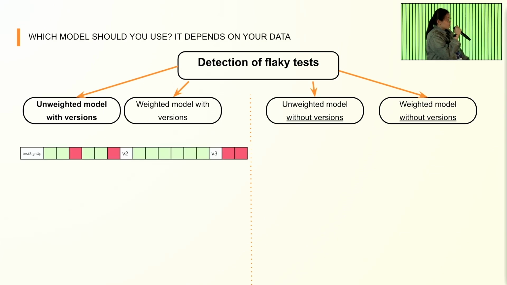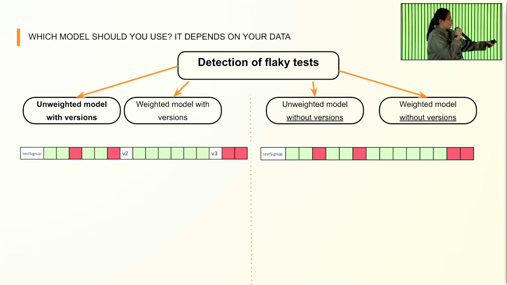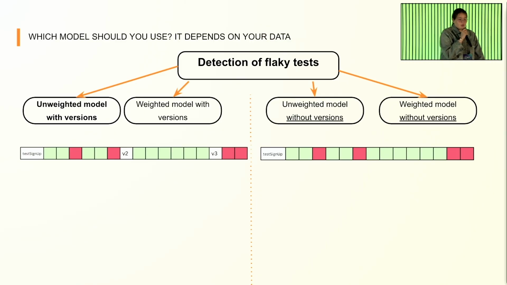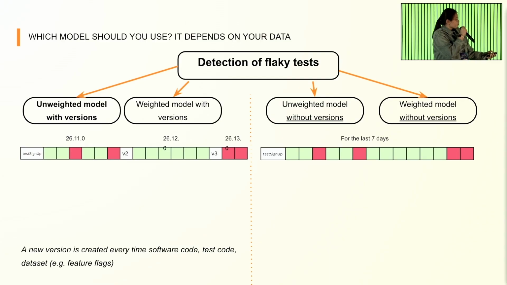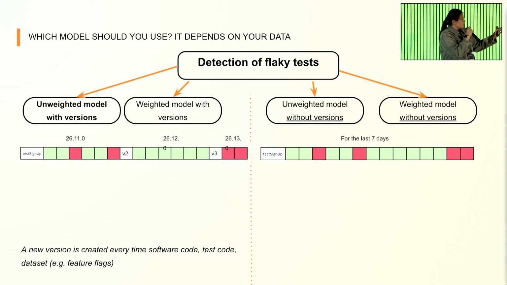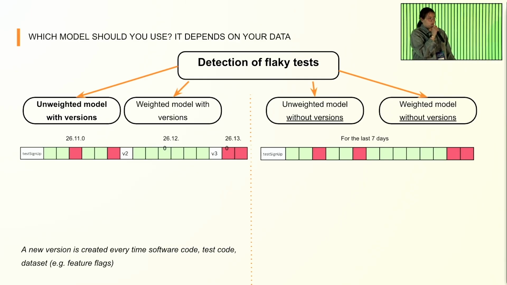So just a difference, showing it on the figure. With versions looks like this. Test sign up, every first version had 6 runs, and so on. Test sign up had consequent runs, right? And what are those versions actually? A new version is created every time software code, test code, or dataset, such as feature flags, if you do that in your company,